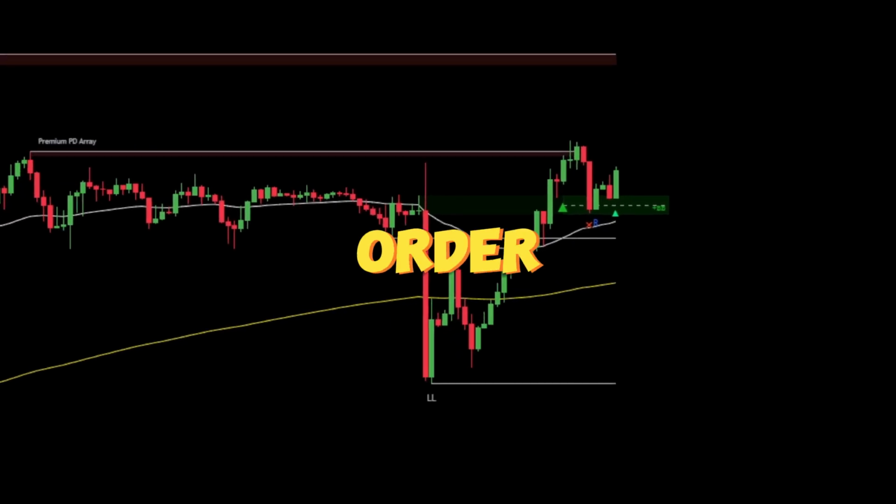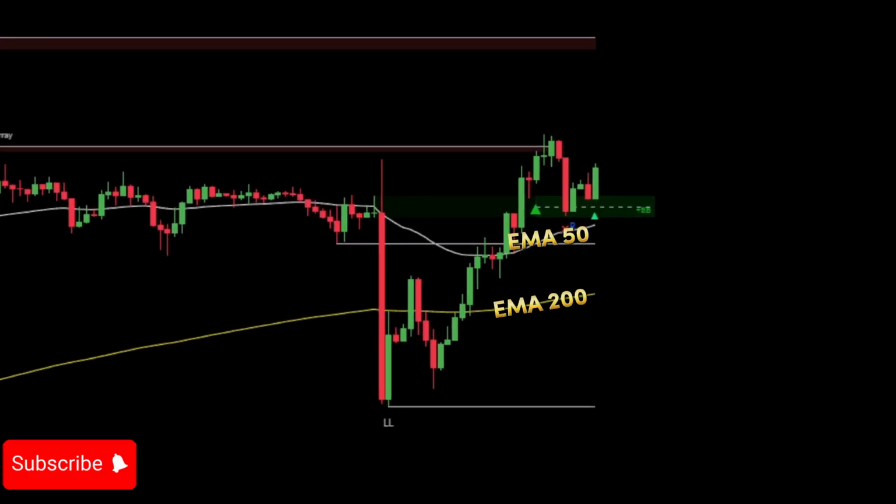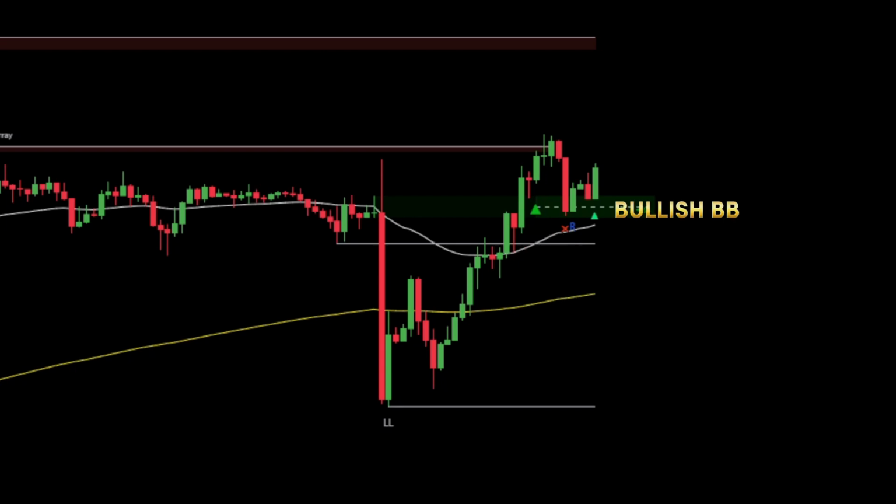How to place a buy order. If EMA 50 crosses above or is above EMA 200, it indicates a bullish trend. In this scenario, your main focus should be finding the best point to place a buy order. Wait until the breaker blocks with signals indicator shows a bullish breaker block area. Once the indicator confirms a bullish breaker block area, wait for the price candlestick to retest the bullish breaker block